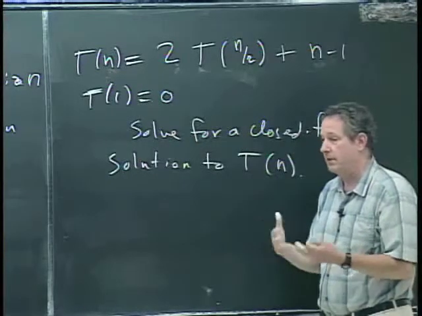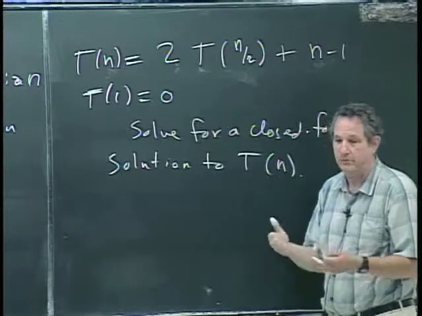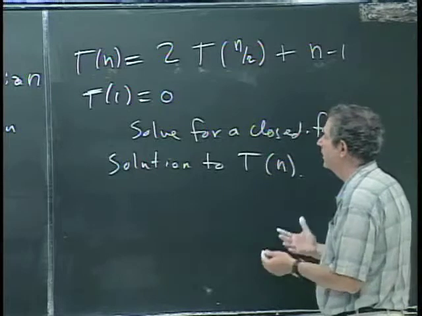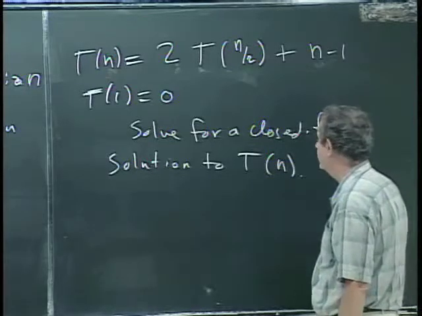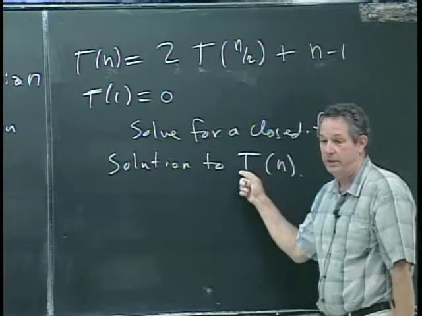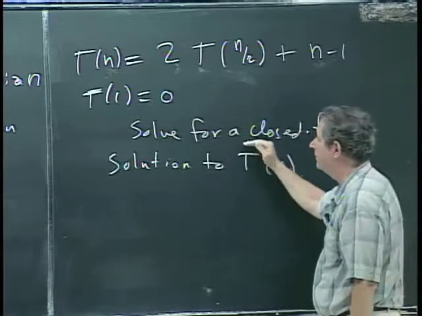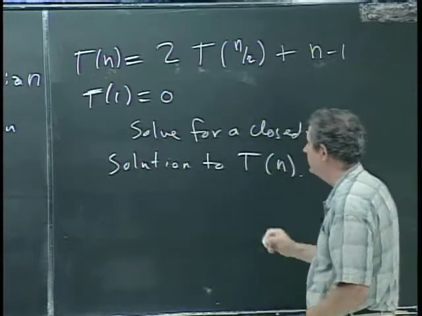So it'll be some functions that you're familiar with. Maybe it's an n squared, maybe it's a log, whatever. But it'll look like a normal kind of function without having t on the right-hand side. Just t is on the left-hand side. So we want to solve for that. Okay, how do you solve